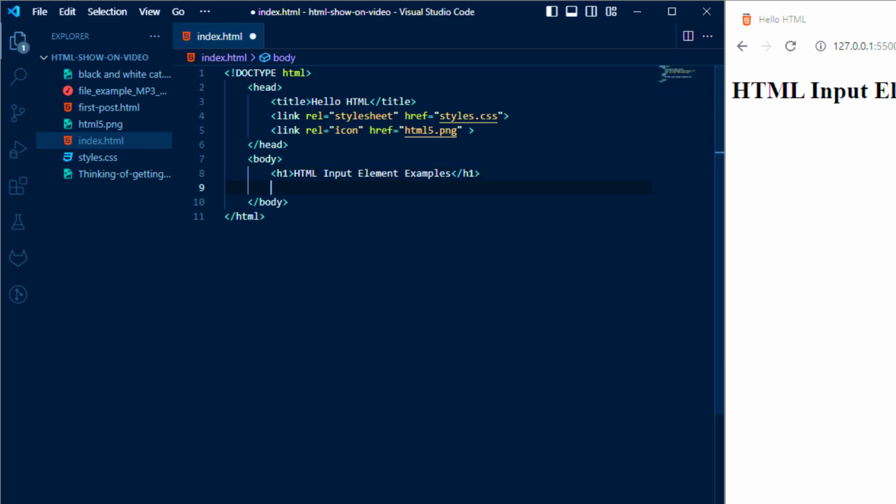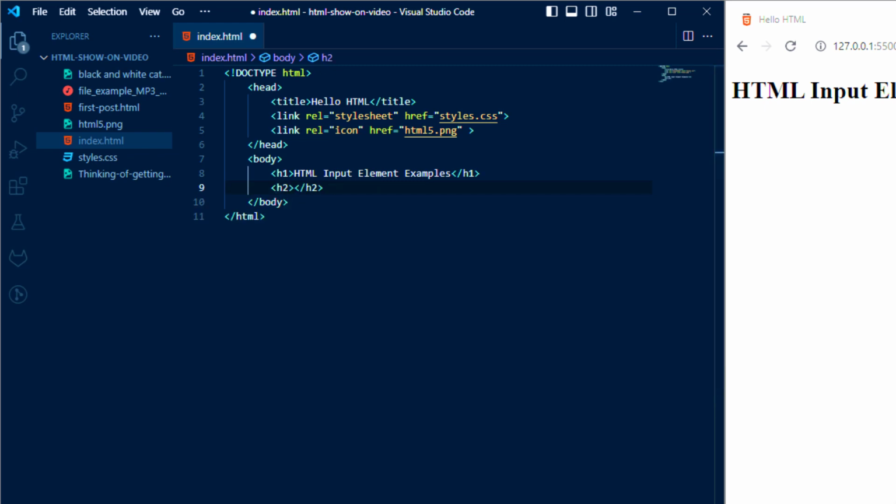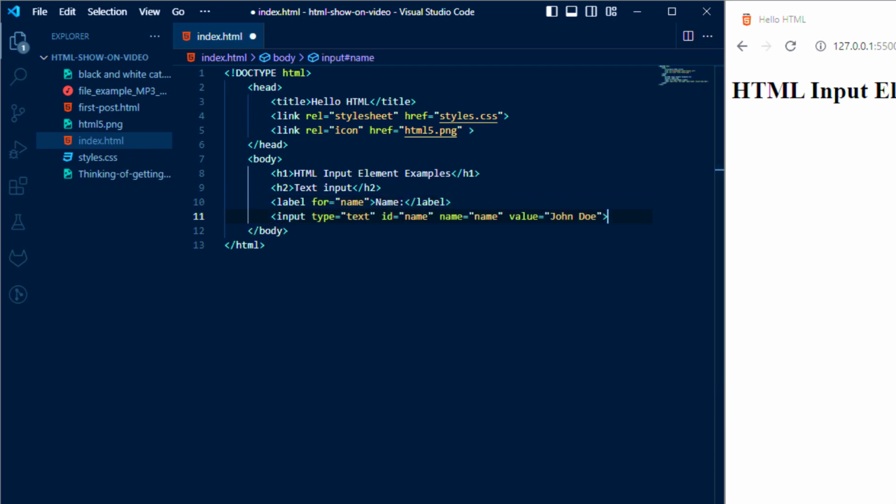Let's start with the most common one, the text input. So let's write text input, and let's place here the label and the input. Label is, think of label like the name of the input or some text which is describing